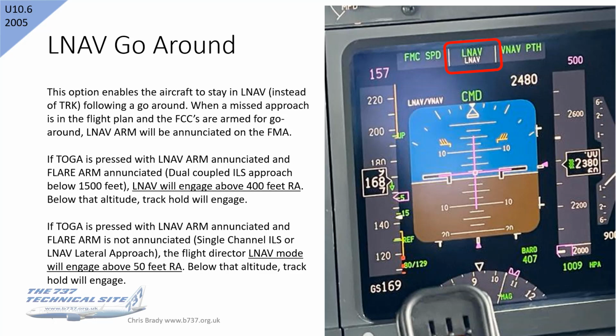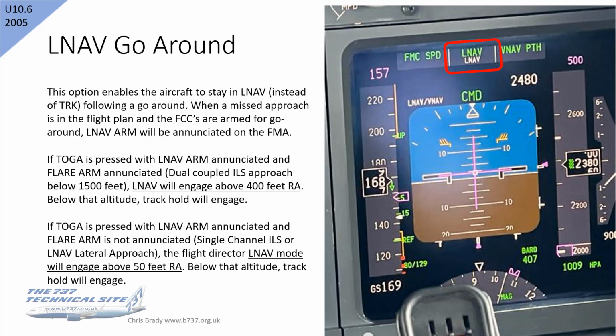If TOGA is pressed with LNAV arm enunciated and flare arm is enunciated, so in other words you've got a dual coupled ILS approach below 1500 feet, then LNAV engages at 400 feet rad alt. Below that altitude, it's track hold. So the sequence will be you press TOGA, it goes to track hold, and then at 400 feet it transitions